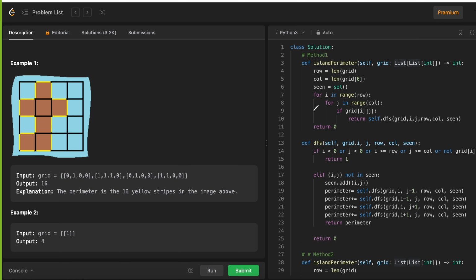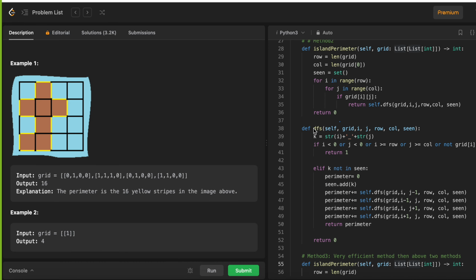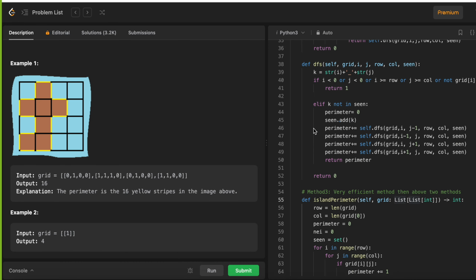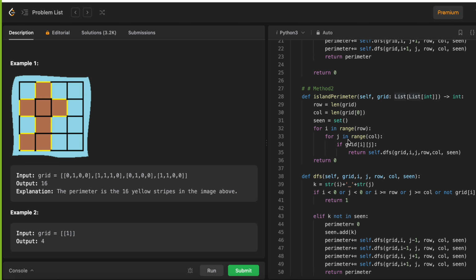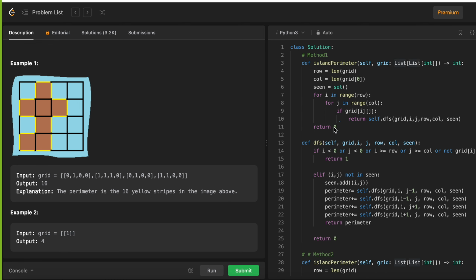We have three solutions here: method 1, method 2 and method 3. I'm going to discuss method 1 and method 3. Method 2 is very similar to method 1, so you can look into it by yourself. Coming to the solution,